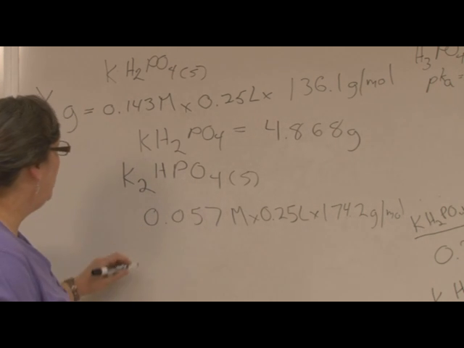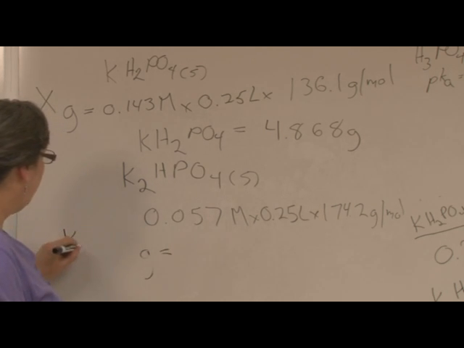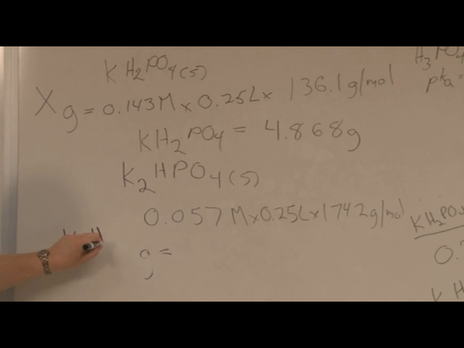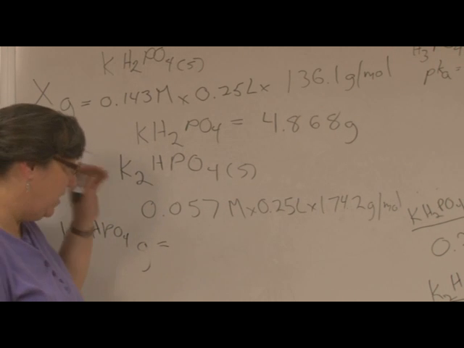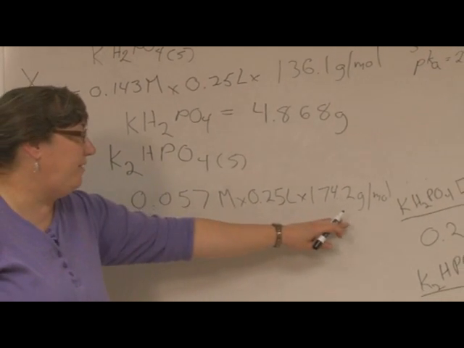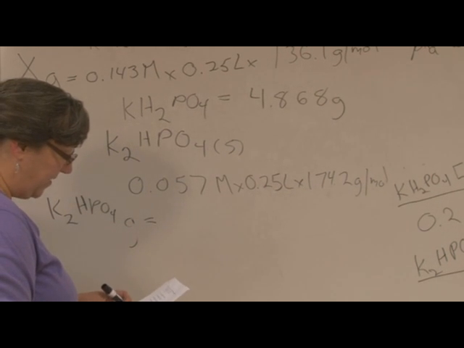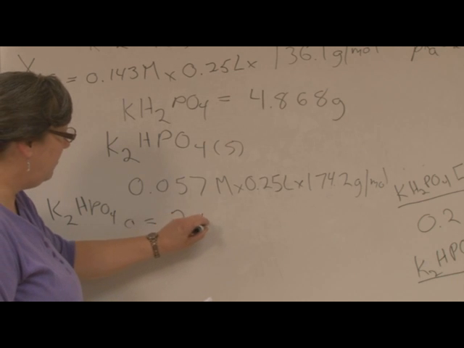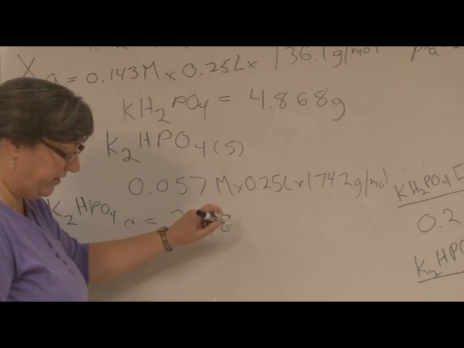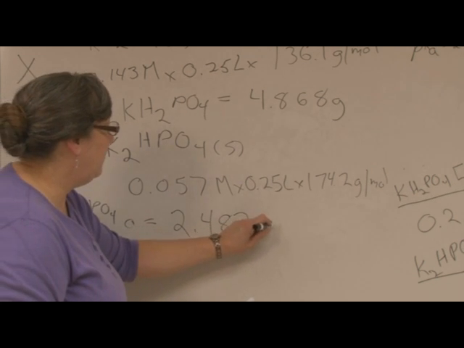It's really good. So how much of this stuff do I need? Grams of K2HPO4 solid that I need, number of grams. I'm going to do the math. Very simple. We just can plug it into our calculators. And the amount of the salt that you're going to measure out gravimetrically with your analytical balance is 2.482 grams,